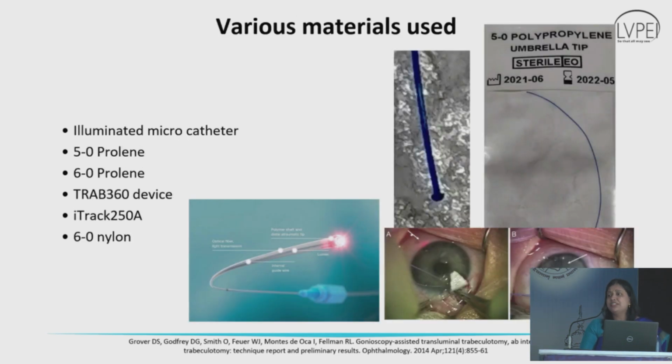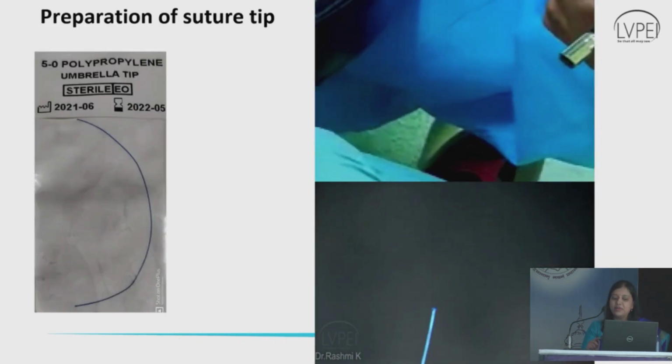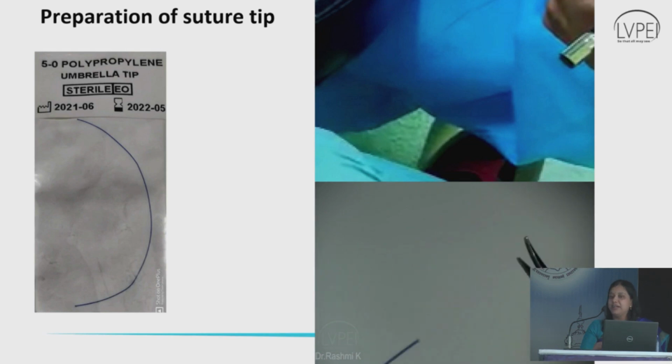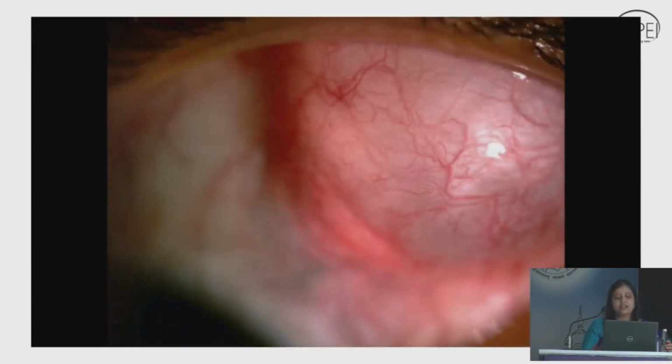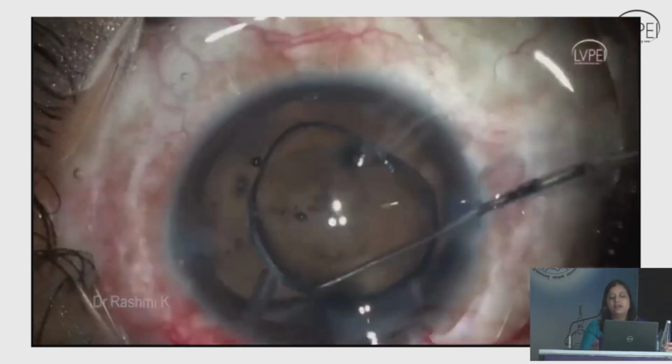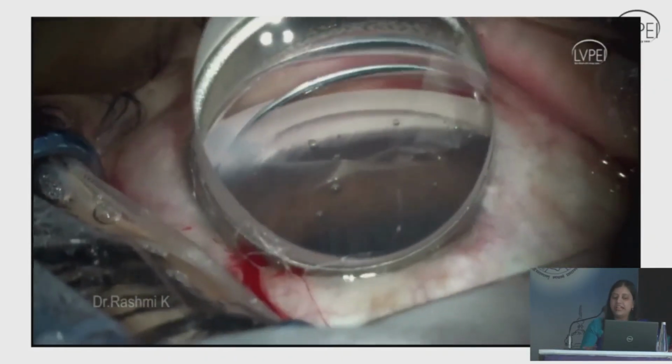Various materials are used. There are a lot of costly instruments available, but we can use a 5-0 Prolene, which is very economical. The tip of the suture is made into an umbrella tip with the help of a heated metal tip, which helps in easy penetration. So this is my first patient, an 8-year-old boy with RD after trauma, had a scleral buckle, AGV failed, then